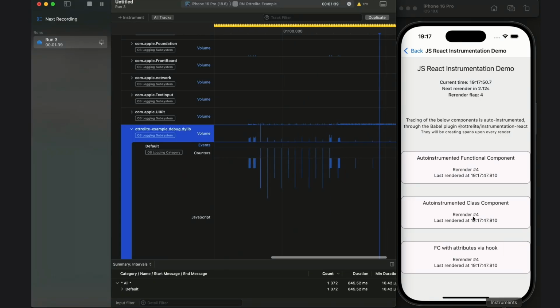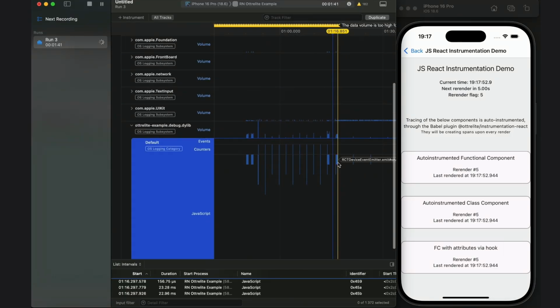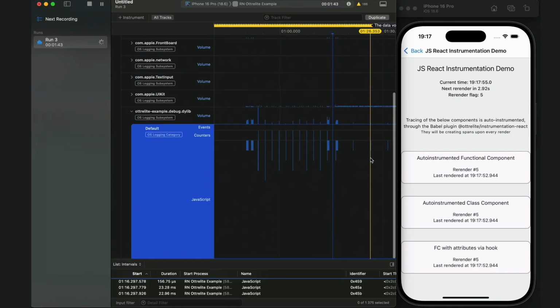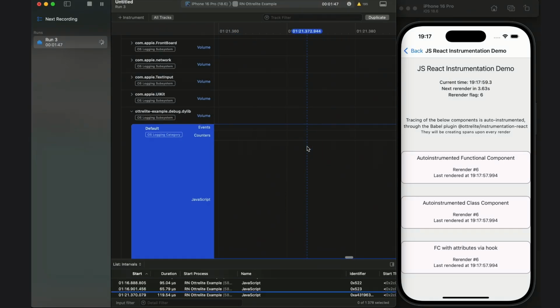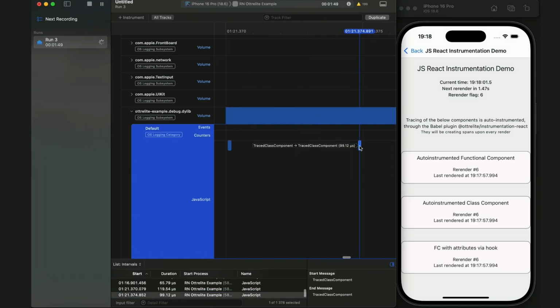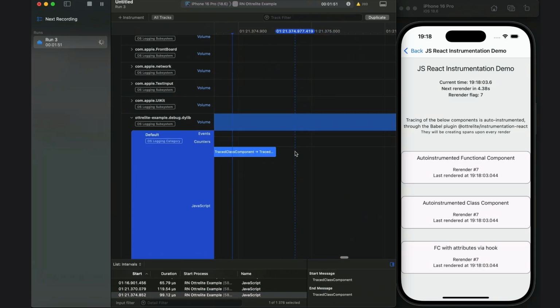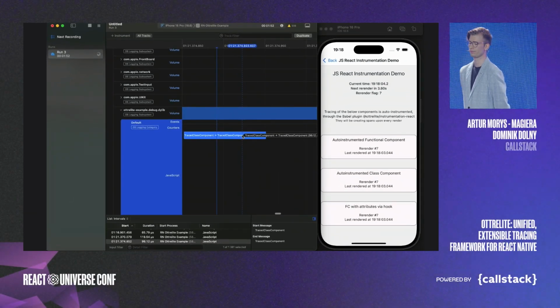And finally, the last part, that is the whole time, the invocations from the OpenTelemetry JS API were also intercepted by the interop layer with Ottrelite and were at the same time traced in development to a backend of choice. Here we chose Xcode Instruments to demonstrate this to you. Exactly the same traces that we have seen in the production-grade tool for OpenTelemetry have also landed in our development